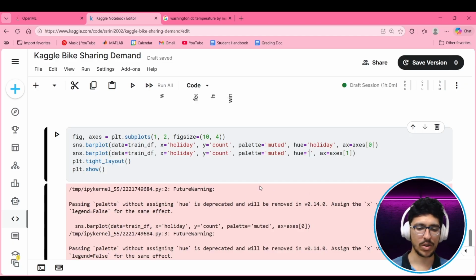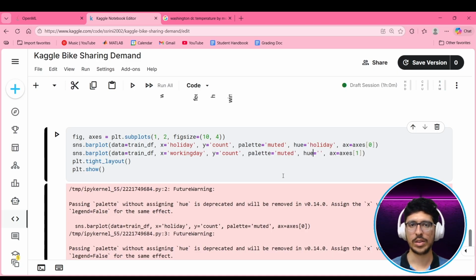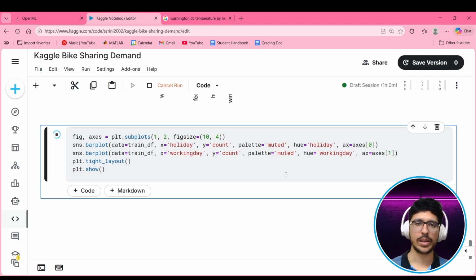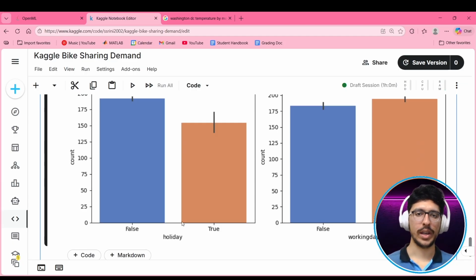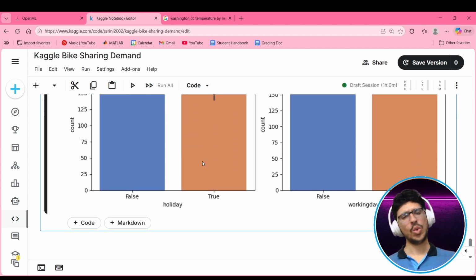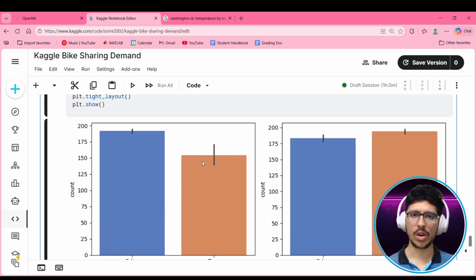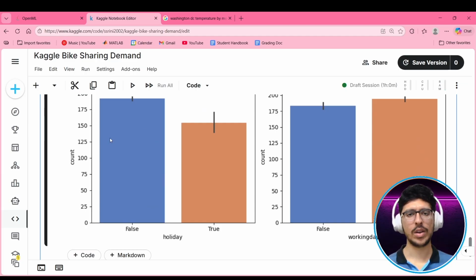Okay, sorry, this is not holiday, right? So this is working day. Working day, hue is equal to working day. All right, so we've got the two plots. So if it's a holiday, you see that there is actually a lower demand for bicycles on a holiday. And on a non-holiday there is actually a higher demand for